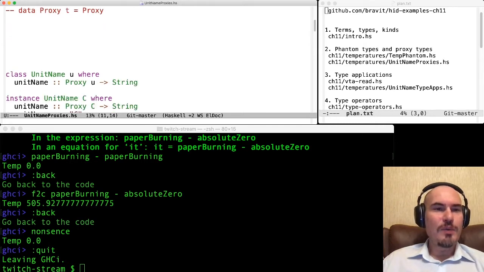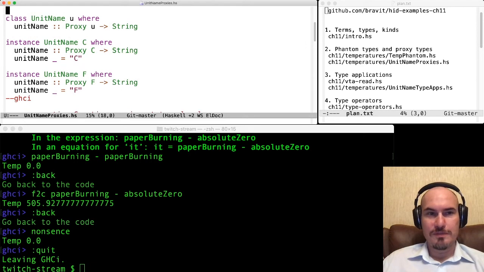And I will use it as follows. I have a class for unit names here with only one function, unitName. This function takes an argument of type Proxy u, and it gives us back a string value. I want to get a string for the unit name, whether it is Celsius or Fahrenheit or whatever.